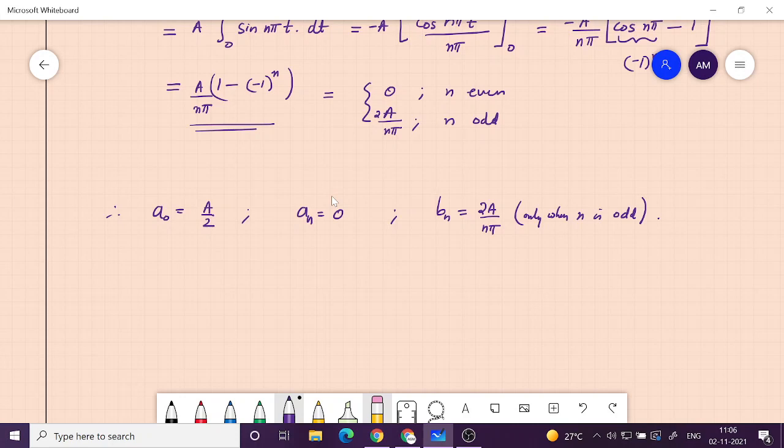So this is the approximate function, the best approximation, you can't make it any better than this: A by 2 into 1, the first coefficient into the first function, plus sigma n from 1 to infinity a_n, which is 0, cos n omega 0 t, but I know the value of omega naught is pi, so pi t, plus sigma n from 1 to infinity